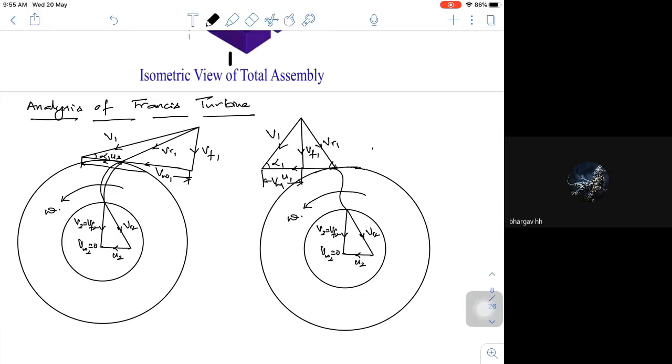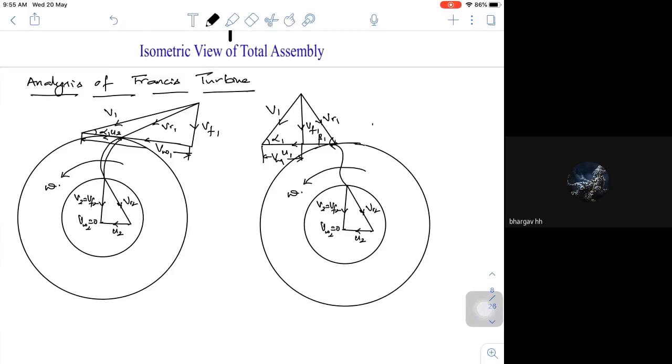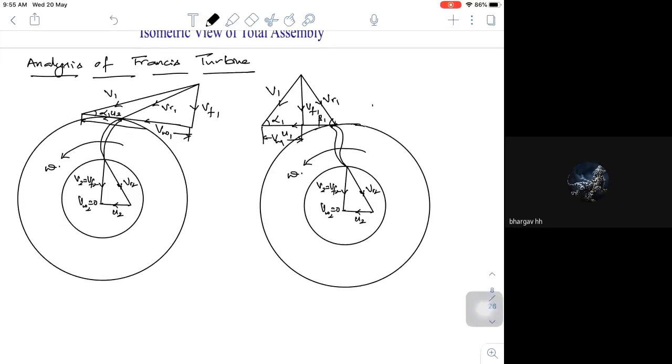So this is another form of the blade profiles. The blade profile will sometimes be twisted. One may be for a regular turbine, the other may be for a modern turbine. Why is this particular thing happening? In this case your U1 is greater than your U2 because D1 is greater than D2. So I have the tip diameter and the hub diameter. D2 is my hub diameter and D1 is my tip diameter.